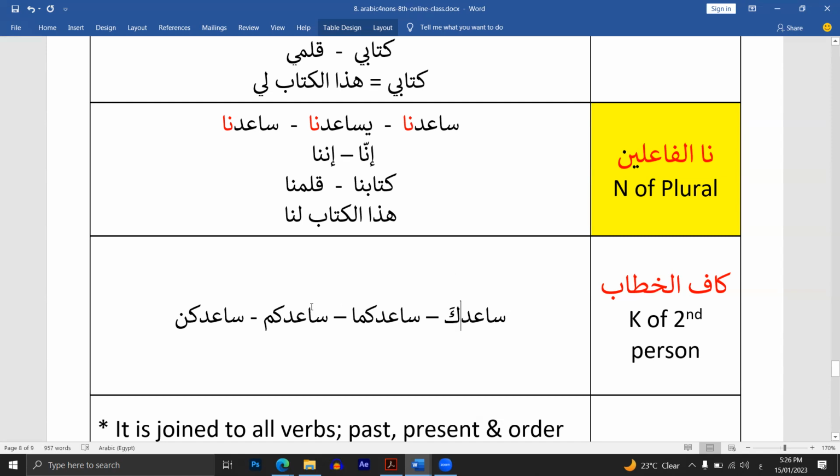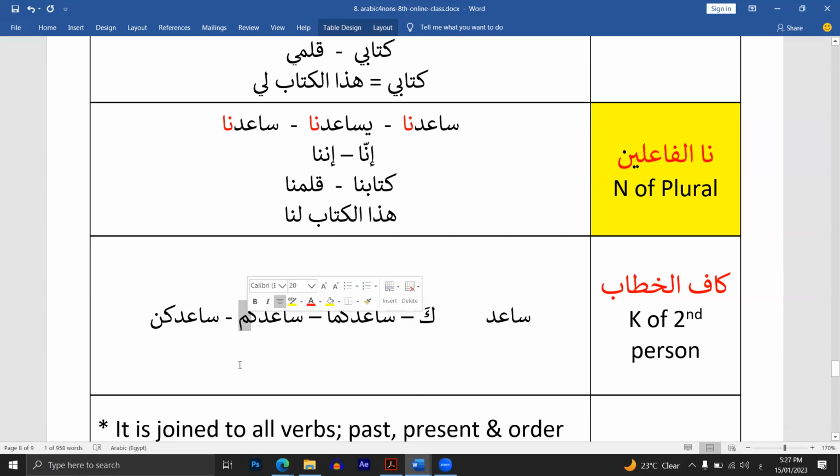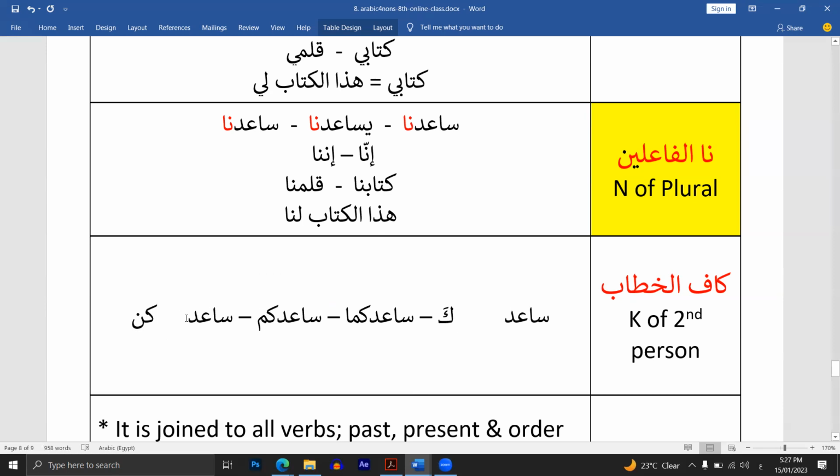You remember in subjective pronouns, we saw تاء الفاعل show up in many forms. The same case is here. We are only interested in the first letter after the verb. So if you separate the verb from the connected pronoun, what is the first letter after the verb? ك. So we are talking about كاف الخطاب, regardless of what is coming after ك. ما can be joined to ك, meem only, and nun. So once ك is the first letter after the verb, we are talking about كاف الخطاب.